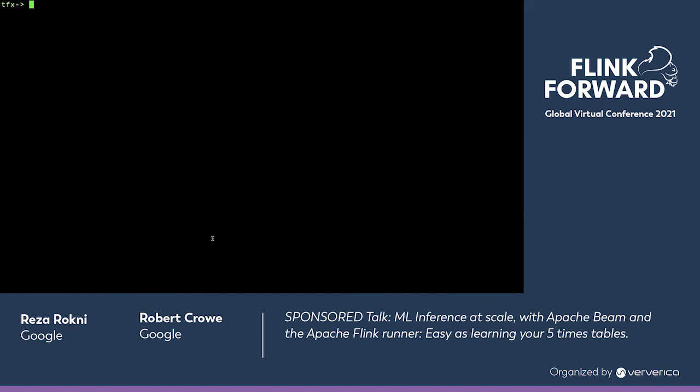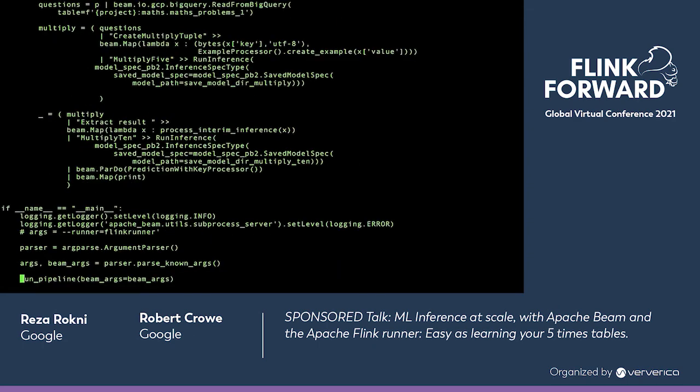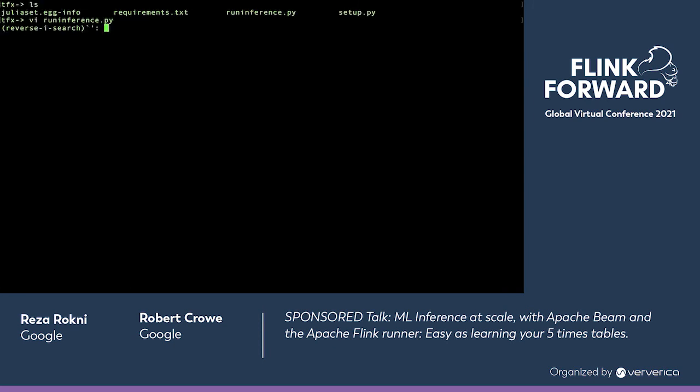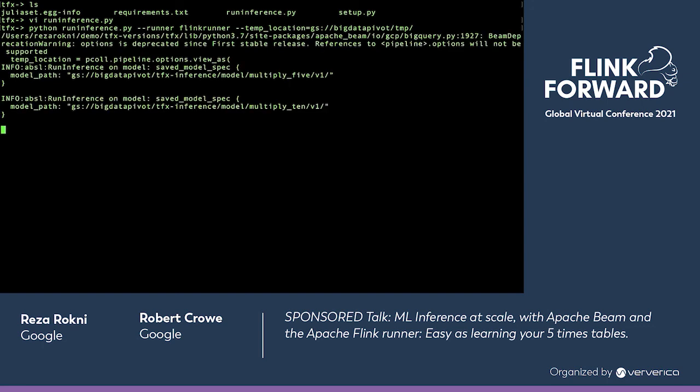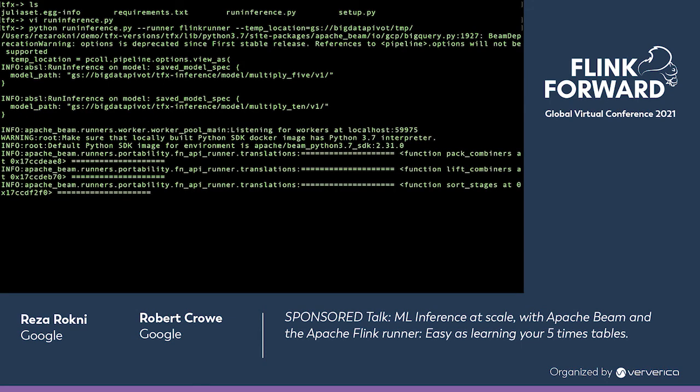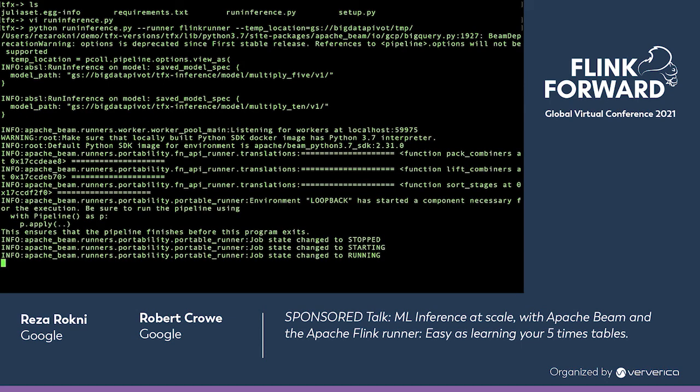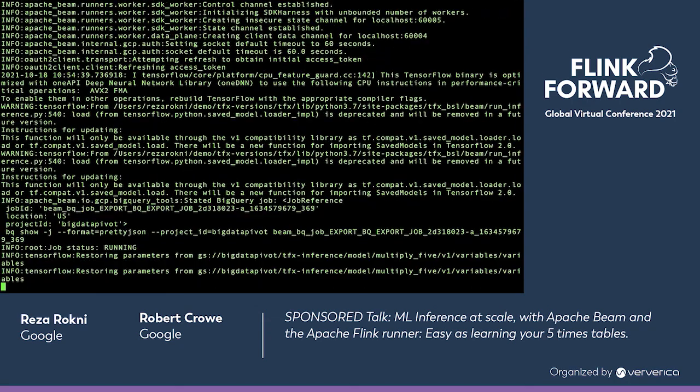So all I need to do that is pass in runner equals Flink. And for that, I'm going to go to the command line. So here we have a file, RunInference. This contains that final cell that we had before, which is the multiply along with the sequential calling of the next step. And I am going to run the Python command, which includes runner equals Flink Runner. So when I run this, it's going to set up that local environment for me. It's then going to send it the job, and we're going to get our results back. So while it does that,